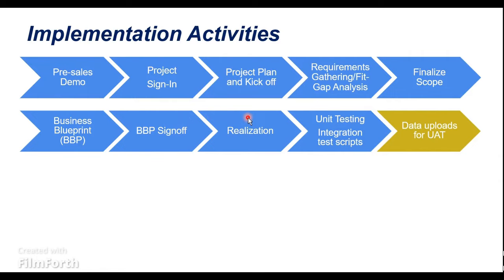So this realization is a phase where the consultant will perform his configuration part on his respective module. Right? So here they start creating the company codes, the plants, the storage location, and depending on the module, they now start configuring their complete module setup based on what has been agreed in the business blueprint document. And once the realization is completed, it is part of the consultant to start the unit testing. So this